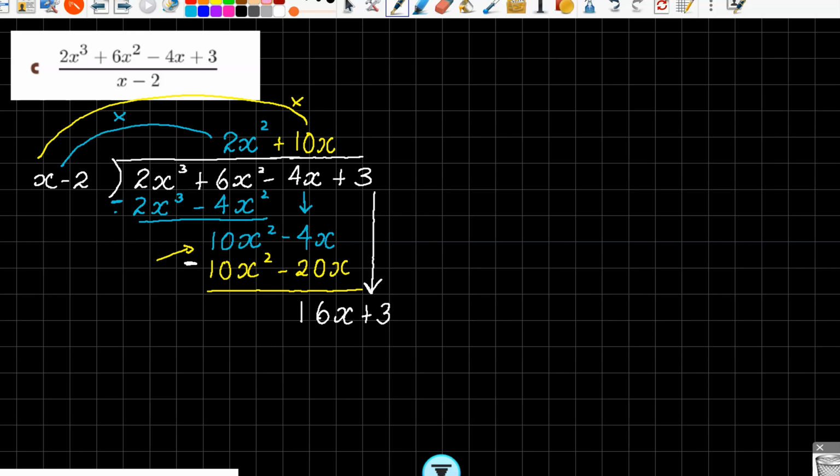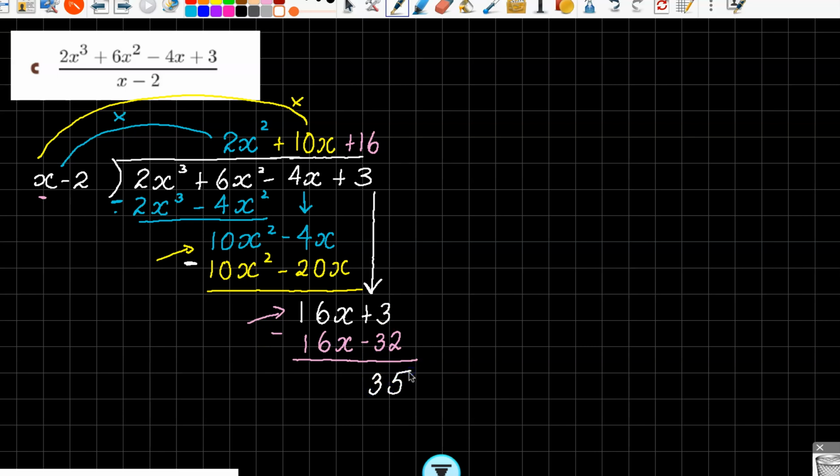What do we do now? 16. So see here, now we're going to look at this 16. And we have to say, what do we times x by to make it 16x? And we pop that above. And now go 16 times x, so that's going to be 16x. 16 times minus 2 is minus 32. We're subtracting. 16x take 16x is no x. 3 take 32